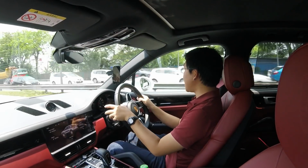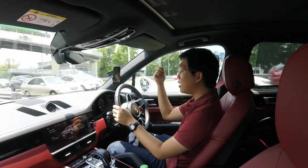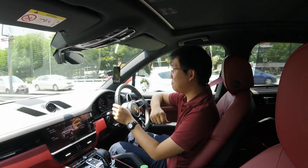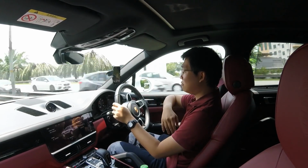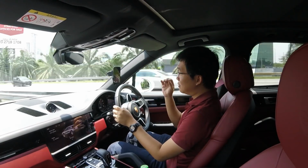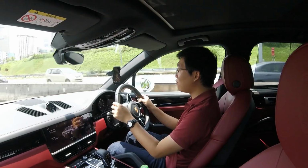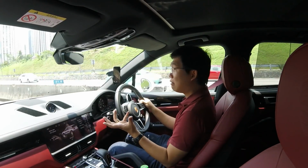But I do like the linearity of its power delivery, all right? And I think that sometimes you just want that joy of pulling the revs of your engine, and this 3-liter V6 still has that old school feel about it, that creaminess, right, as you sweep the tachometer from 0 to 6,000 RPM. Yeah, and it's because the power delivery is linear, all right, there are more occasions where you can enjoy pinning your foot on the throttle for longer periods of time. Because of its linearity, it is less scary to deploy the full power of this engine